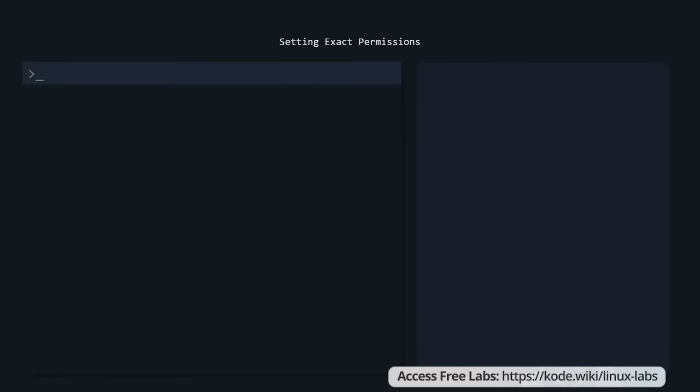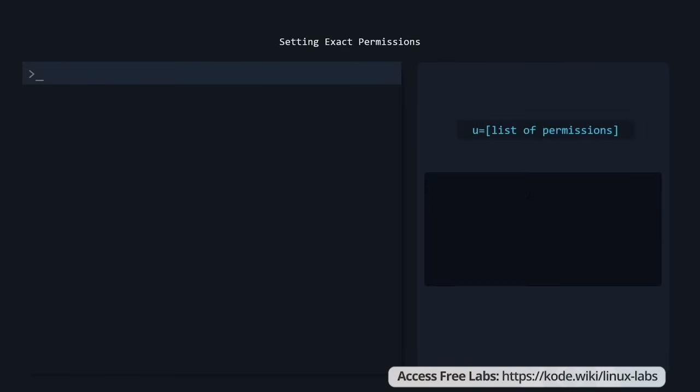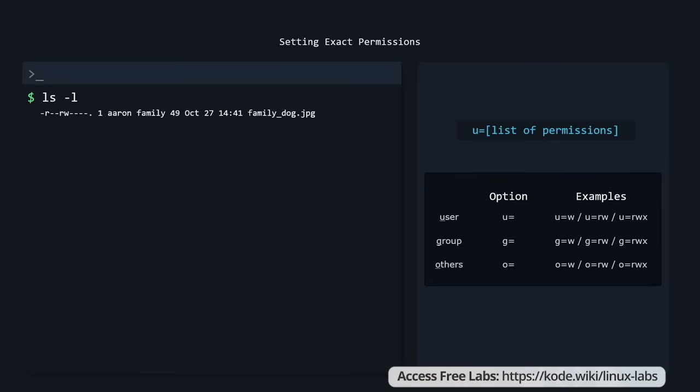We'll want to make sure that permissions are set exactly to certain values, and we can do this with the equals sign. And just like before, this is done with the format u= followed by a list of permissions, or g= followed by the list, or o= followed by the list. An example, we want to make sure that the group can only read this file but not write to it or execute it. To do that, we can run chmod g=r